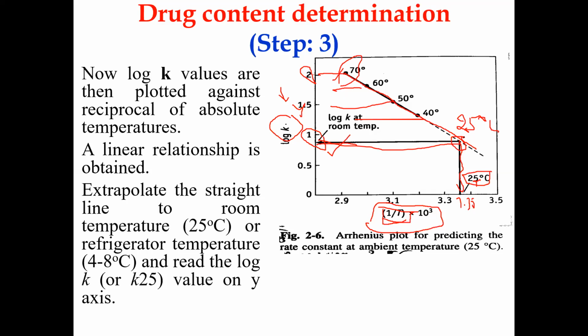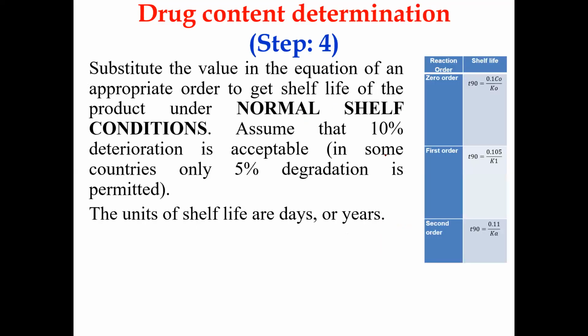Our aim is how much time the drug can maintain, the shelf life of a drug, how many years. For that, you have to put this K value, whatever you are getting for K at 25 degrees centigrade, K at 30 degrees centigrade, or whatever, into the formulas of zero order, first order, and second order at normal life conditions. Suppose a degradation is following zero order, first order, or second order reaction; to predict the shelf life of a drug, how many years it can retain 90%, that is T90. So how many years can it retain?